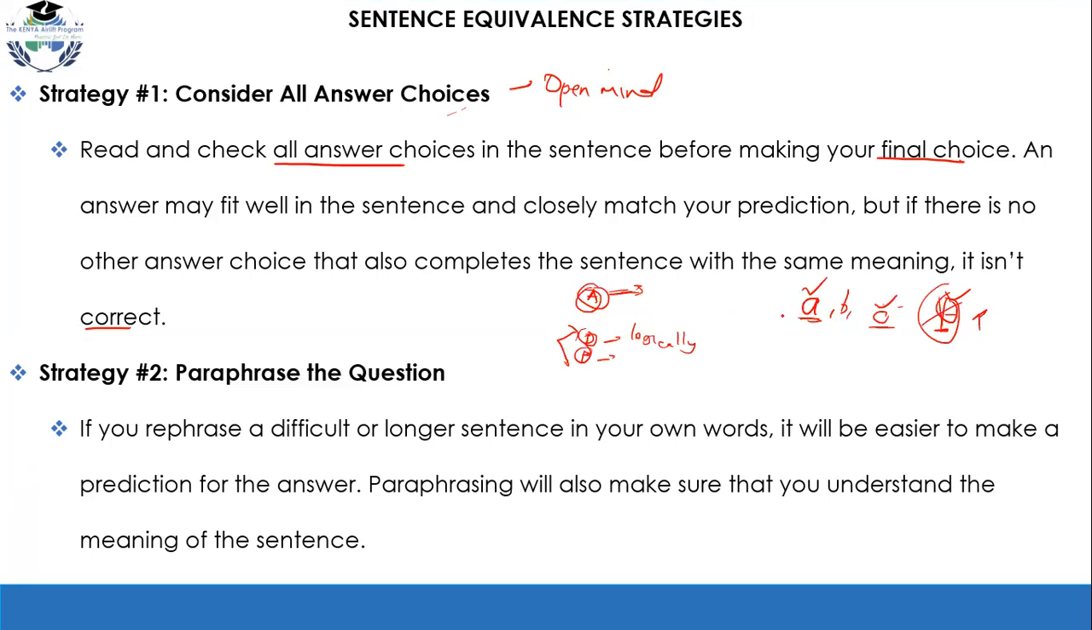So always be sure. For text completion, it's not like the quant side of GRE. You have some time